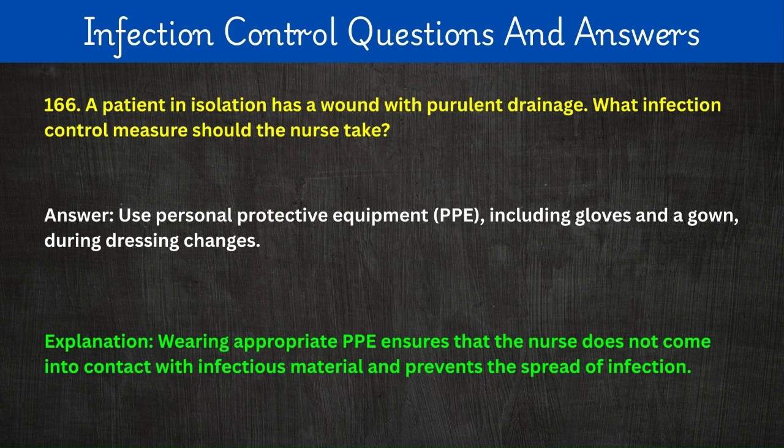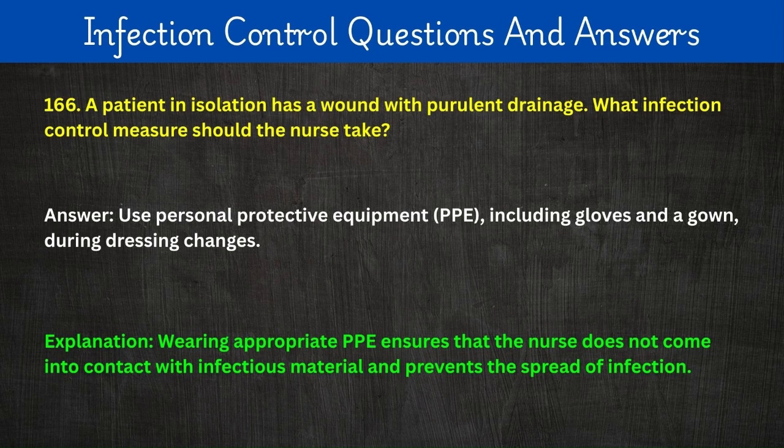166. A patient in isolation has a wound with purulent drainage. What infection control measure should the nurse take? Answer: use personal protective equipment, PPE, including gloves and a gown, during dressing changes. Explanation: wearing appropriate PPE ensures that the nurse does not come into contact with infectious material and prevents the spread